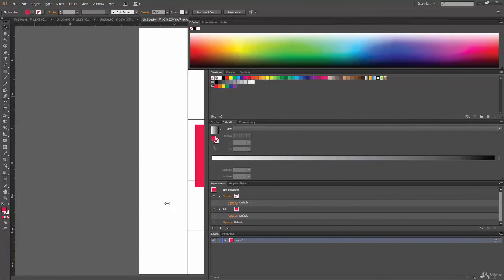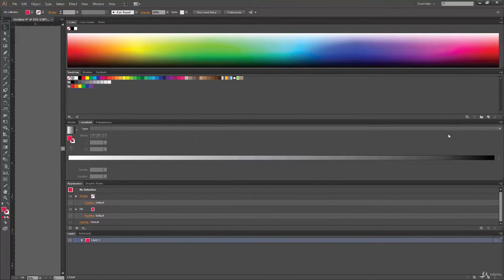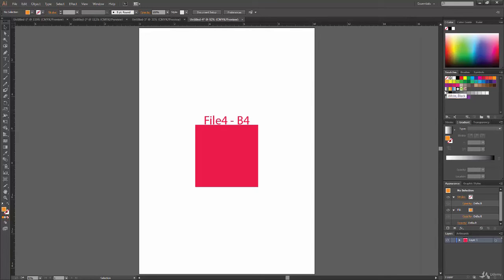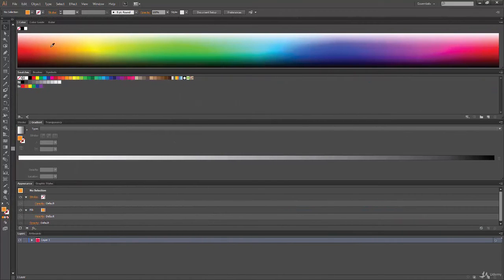It is good. I don't know why someone would use this big, but it's just an option. I guess it gives you a bigger range for gradients or a choice of colors. If you are going very precise about your color, you might find it difficult to select the exact color over here. So it's a good idea to drag it out the whole way, and now you have a much bigger area to select an exact or very precise color from. So let's say if I want some color like this, I can just click over here and I got that color as my active color.